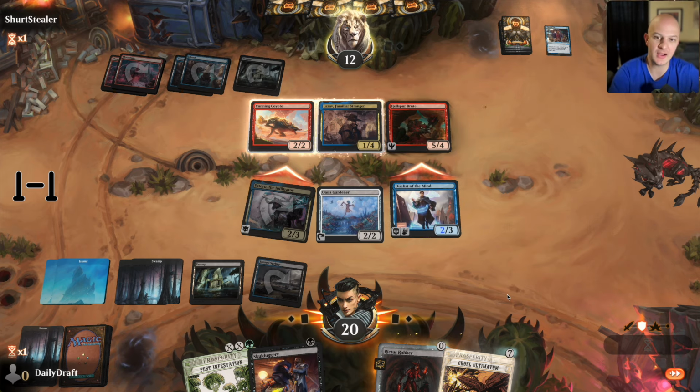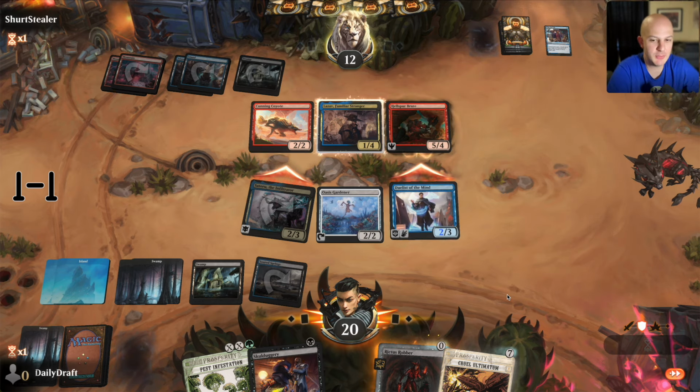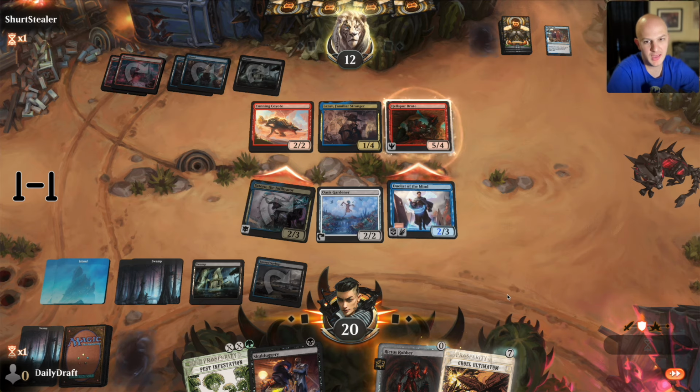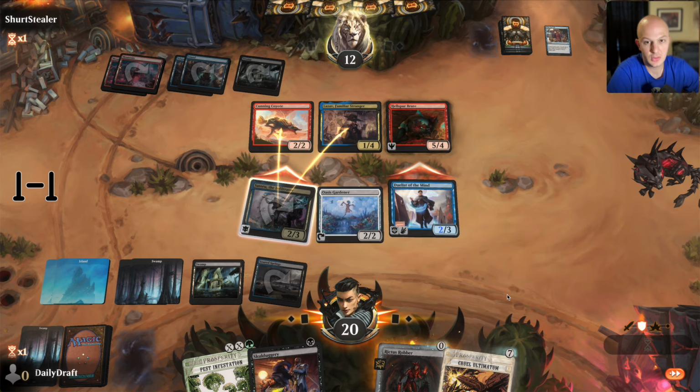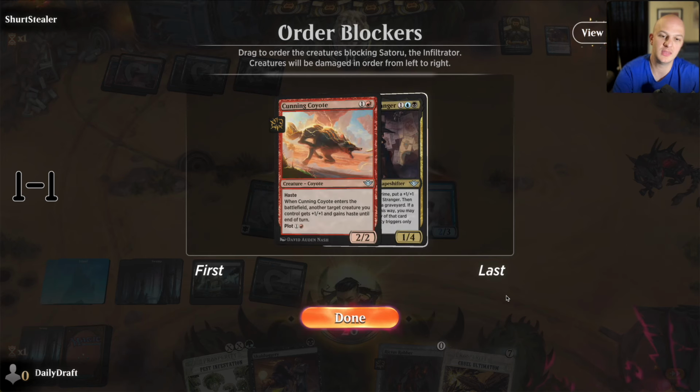Well, I'm basically sacrificing Satoru here so that I can get it back with Cruel Ultimatum next turn, because we're not going to have a creature in the graveyard. Ooh, that's even better. I'll take that. Okay. So then...